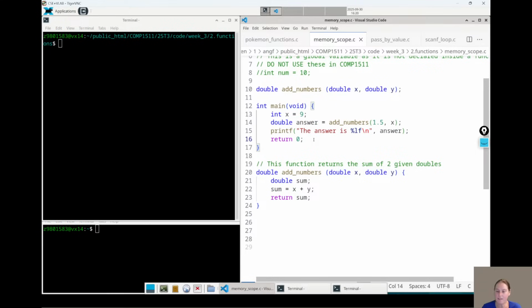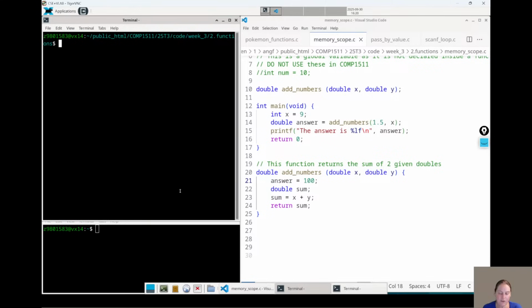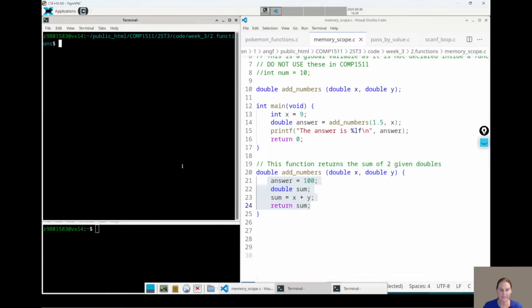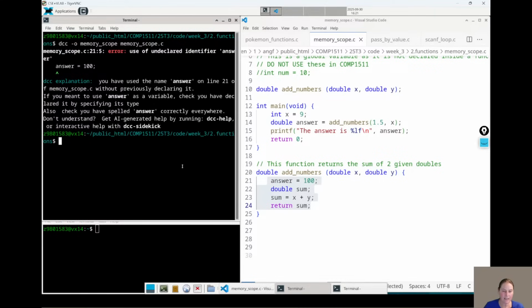So what that means is if we're down in this add numbers function and we try and use the answer variable, like imagine we just say answer equals 100 or something, there's no such variable that we can access in this block that's called answer. Okay, so let's have a look at this. All right, it's saying undeclared identifier answer.